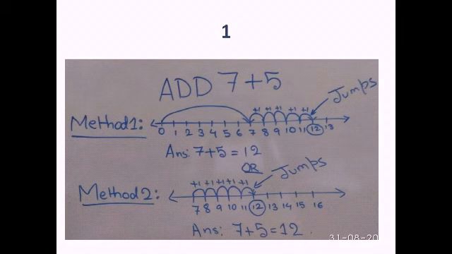Before we start with the number line, you need to know what a number line is. A number line is a line where you can place all the numbers. Now, what are all the numbers? Numbers can be positive, numbers can be negative. Since you are very young, you are only learning about positive numbers, that is 1, 2, 3, 4. There are negative numbers also, that is numbers which have a minus sign in front of them. So we are not going to learn about them.